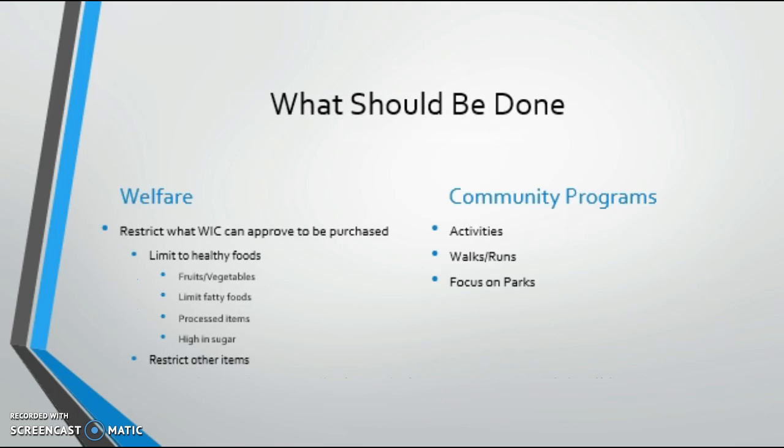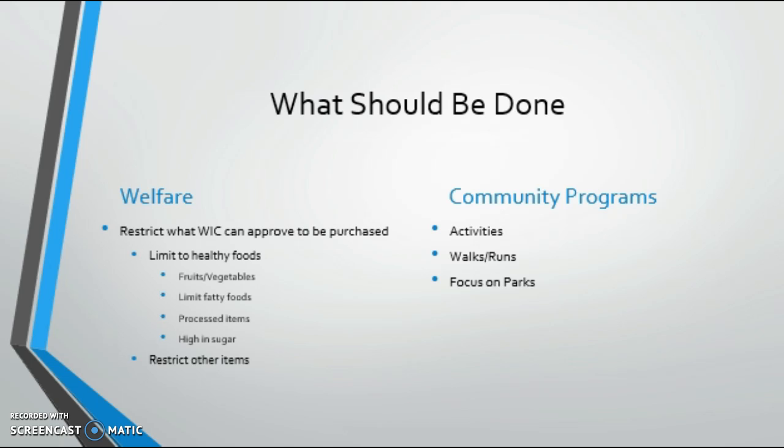So the question is, what should be done? What needs to be done is implementing public policy that will restrict foods that can be purchased on welfare programs such as WIC. There should be a greater support for people to buy healthy foods. Increase funding so people are able to buy more fresh fruits and vegetables for their children so that they're able to limit the cheap, high in sugar and fatty foods for their children. There should be a restriction on the types of processed foods that can be bought as well. There should be no exceptions when it comes to any sort of alcohol or cigarettes that can be bought with any sort of government-funded help, such as this, as well as any other unnecessary items that may be purchased.